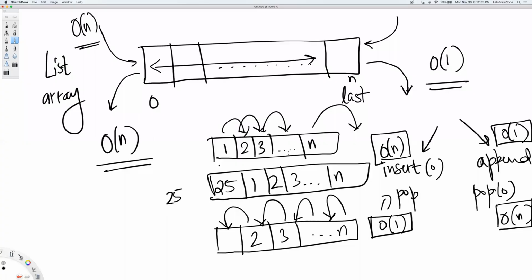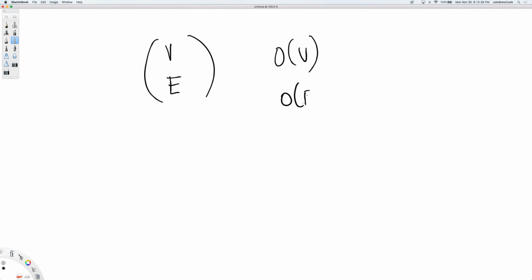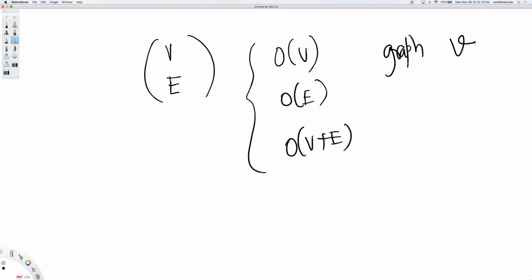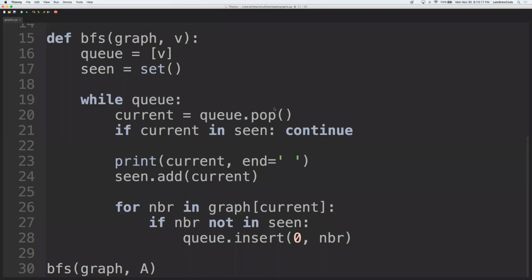So in the world of graphs, for any given graph, you have some number of vertices and some number of edges, and you discuss the time complexity in terms of these. So you will say, let's say, O(V) or O(E) or O(V + E), like that. So let's say a graph has V vertices and E edges, then what would be the time complexity of this? Both things are important, because if you see the algorithm,